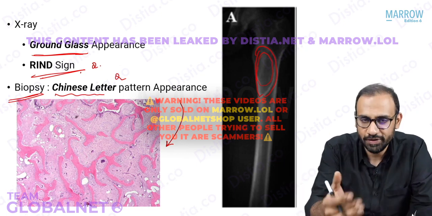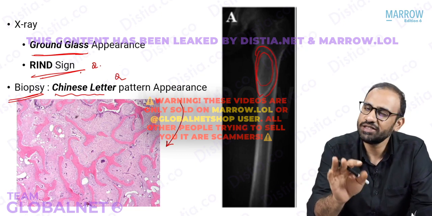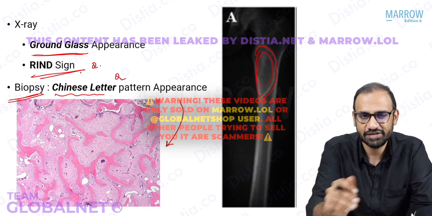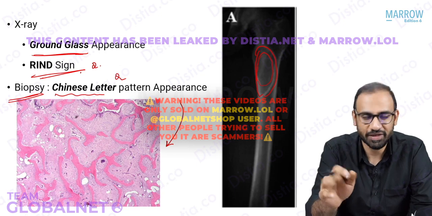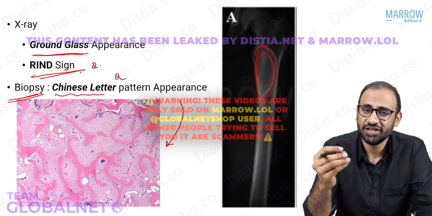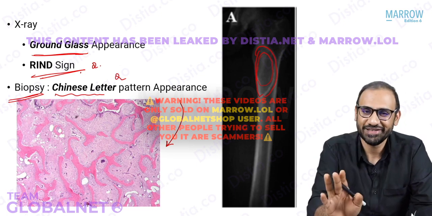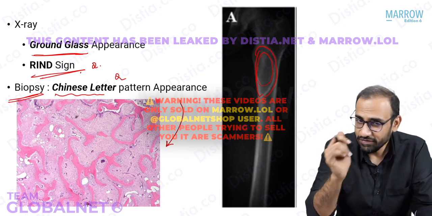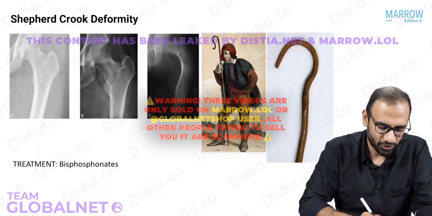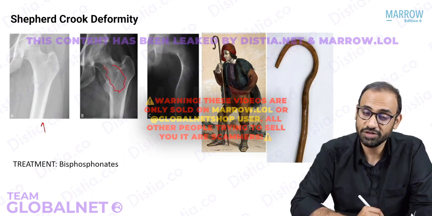Now, what will be the problem in the patient? The problem will be wherever there is a lesion in the bone, classically the patients will complain of pain. Please understand this is a general finding. In fact, any pathology in the bone, any pathology, tumor, lesion, infection, trauma, causes pain. In orthopedics, the most common complaint is pain. So patient will come to you with a pain. Initially, you will not notice anything. But later on, there will be a ground glass or hazy appearance in the proximal femur.